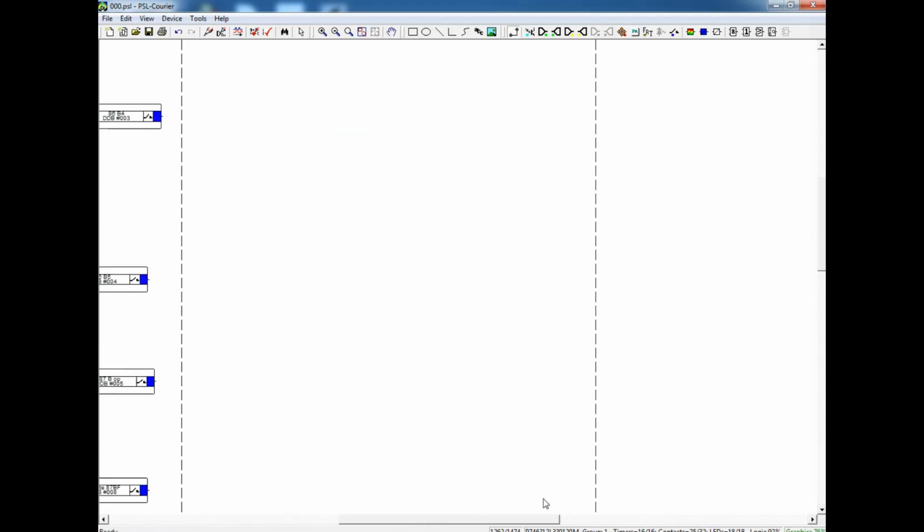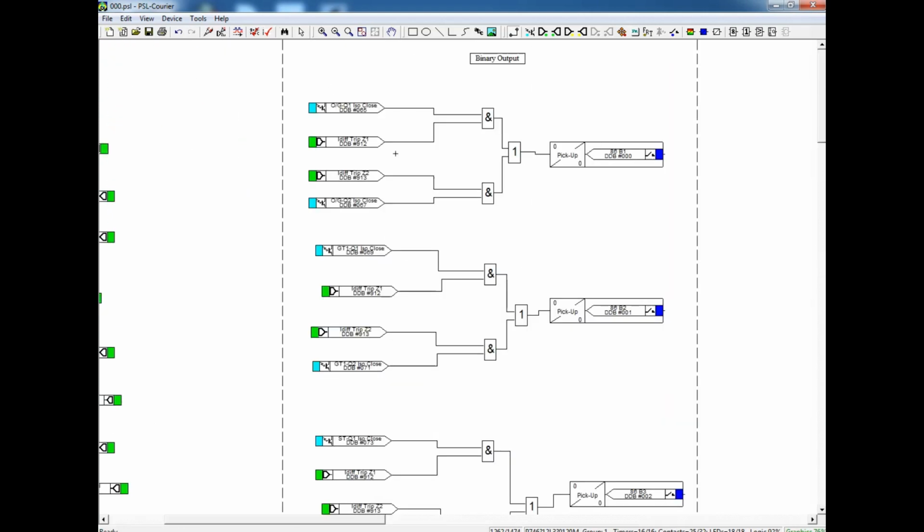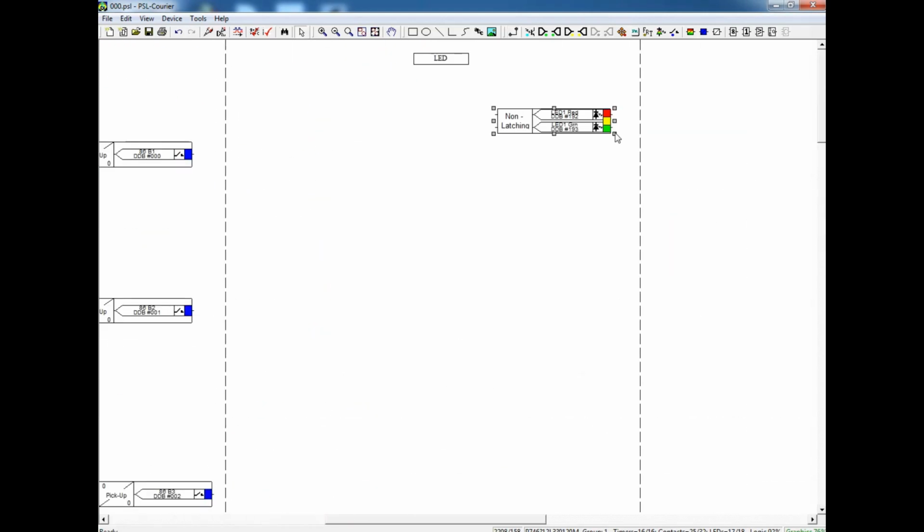Now I am going for LED configuration. For LED, first I am picking all the LEDs.